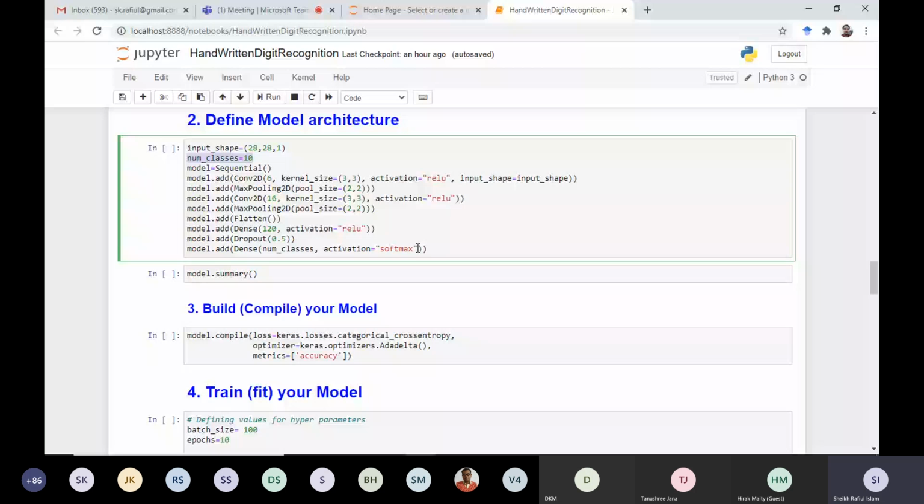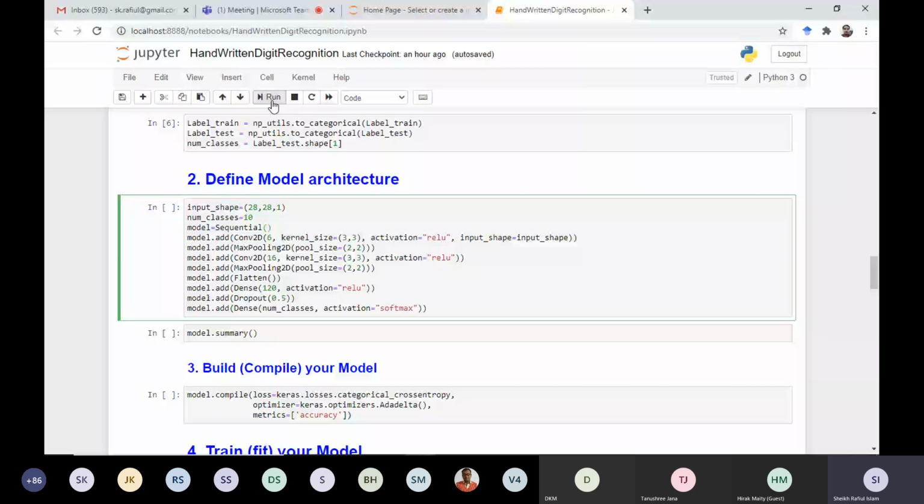But our problem is a classification one, meaning we want to classify our input into some category, from 0 to 9. So to do that, we won't be able to use any linear-like function like ReLU, leaky ReLU, all those things. Instead, we use softmax. I assume that you know the definition of softmax. So if we run this, our model has been defined.